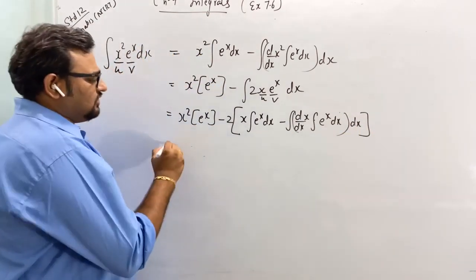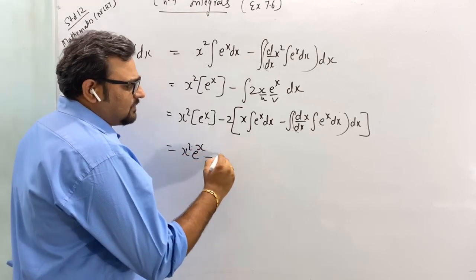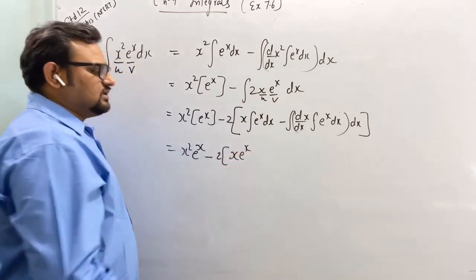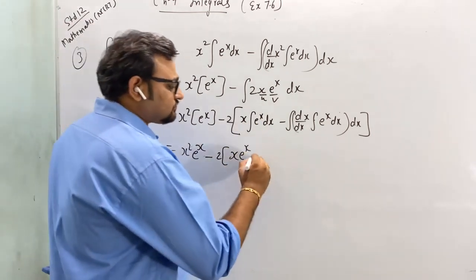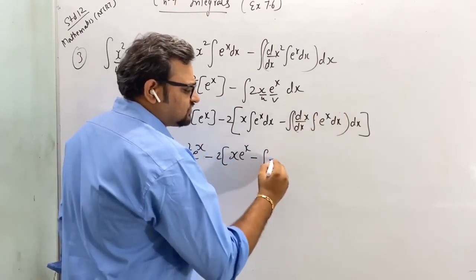Clear? So now this will be x square e raised to x minus 2 x integration of e raised to x is e raised to x, minus d by dx of x, 1, integration of e raised to x